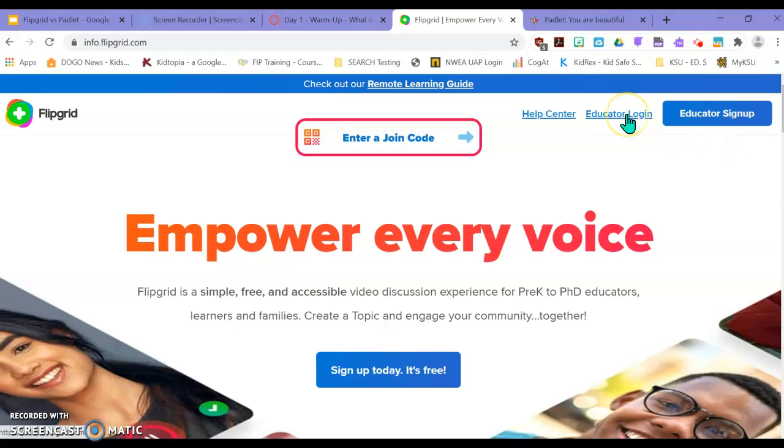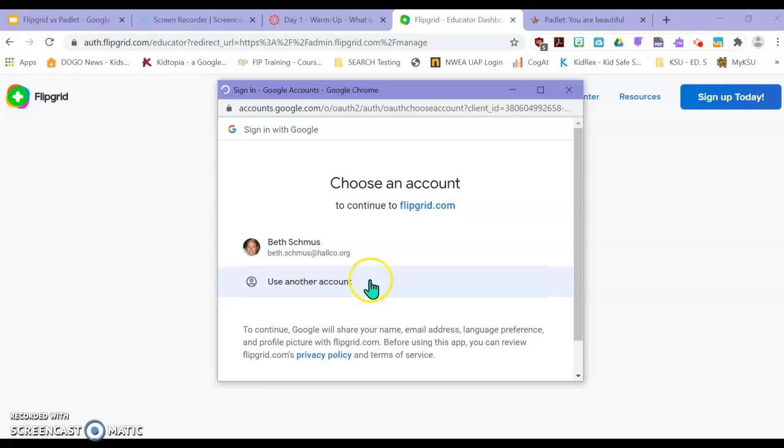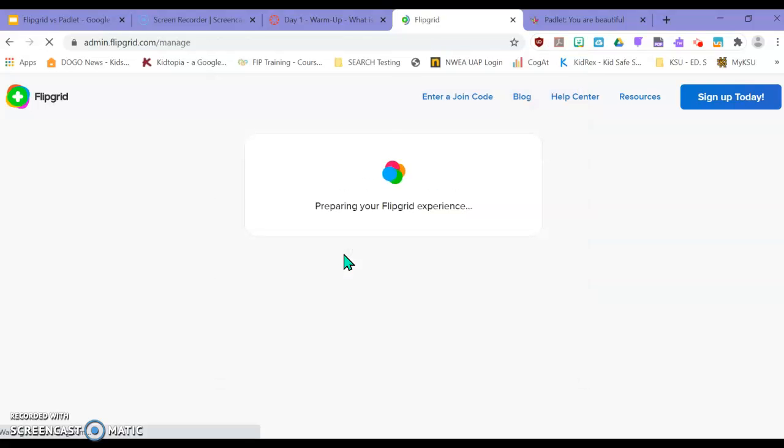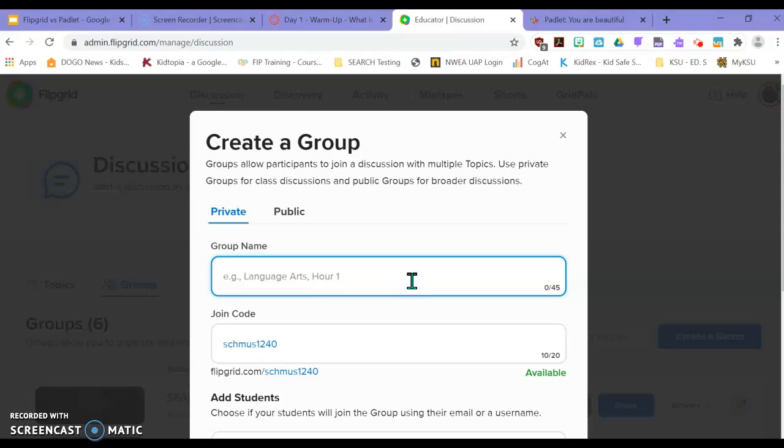I'm going to click on educator login and log in with my email. From here, you want to click Create Your Group. The group will be your homeroom, the class that you're teaching, maybe it's math, maybe it's a reading class, maybe it's a science class. I click Create Group, and I'm going to name it Search